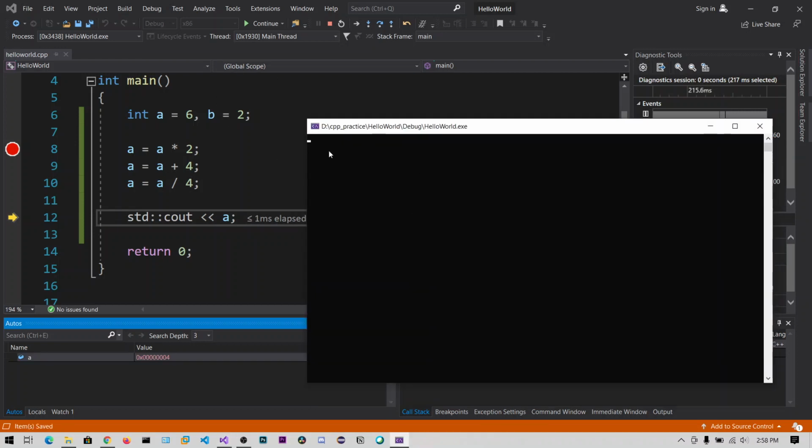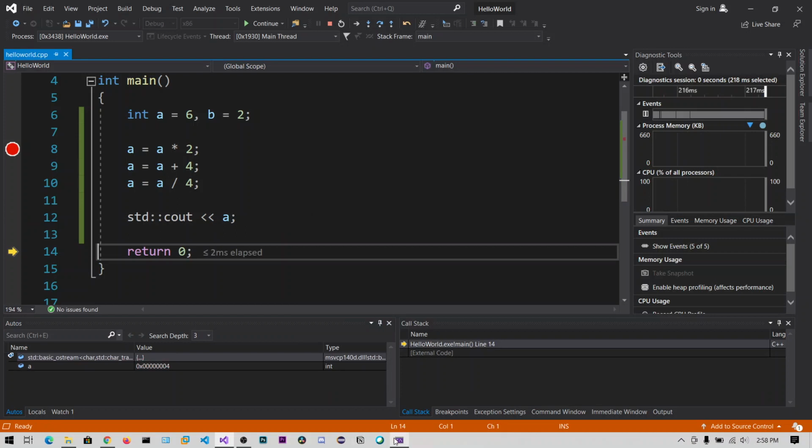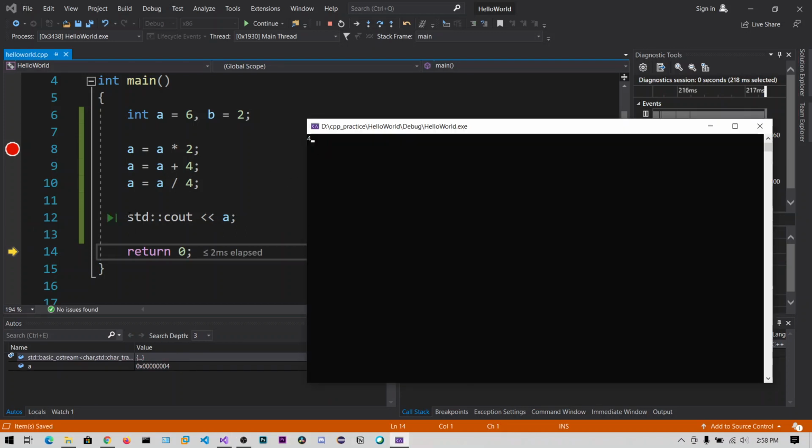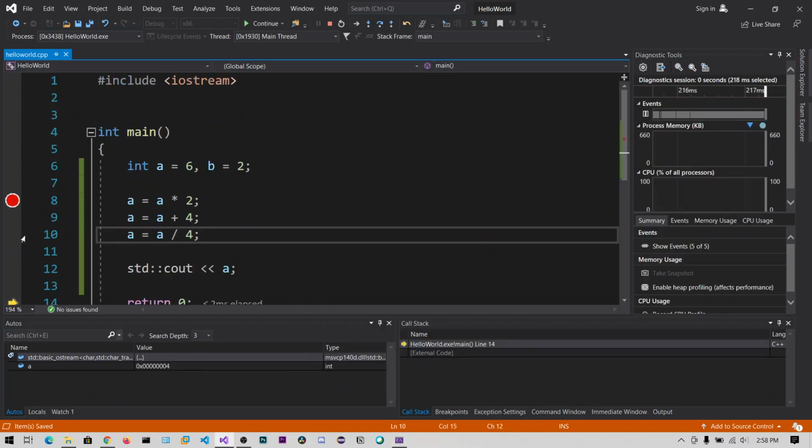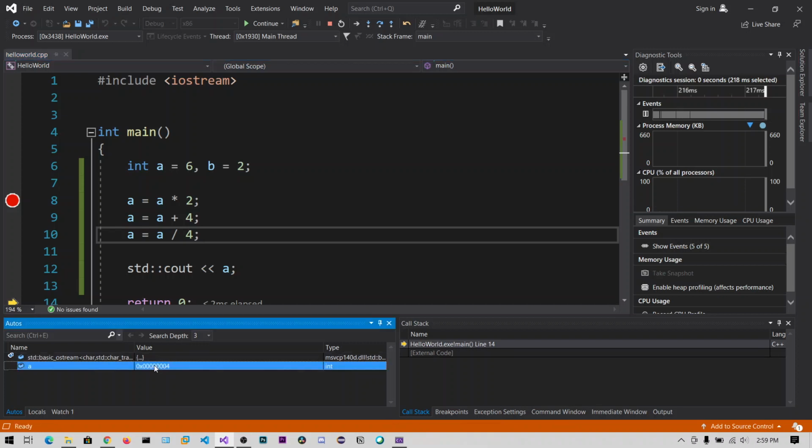So this is the console. Now if I step over, I can see the output. At this instruction, the output has been printed onto the console. So this is the basics of debugging. You can see how easy it is, putting in the breakpoint and stepping over through these instructions and seeing the value of A, to see whether we get the correct answer or wrong answer at each instruction. This is the basics of debugging. In the next topic we will see more about debugging, that's why I am telling the basics of debugging now.